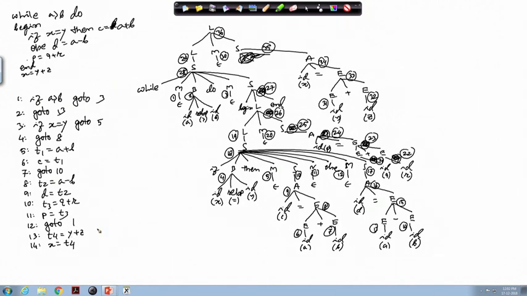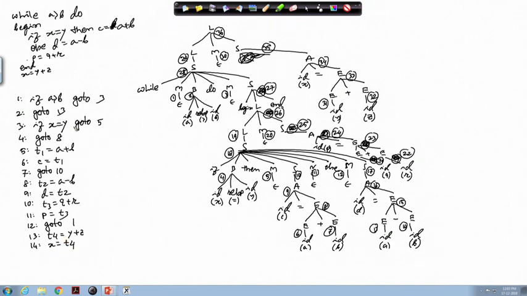this piece of code, you see, if a greater than b, go to 3. So, it comes to the body part, and if a is not greater than b, then it will come to go to 13. At 13 it is outside the loop. So, it is computing y plus z and then x equal to T4. So, x equal to y plus z. So, this computation is being done.